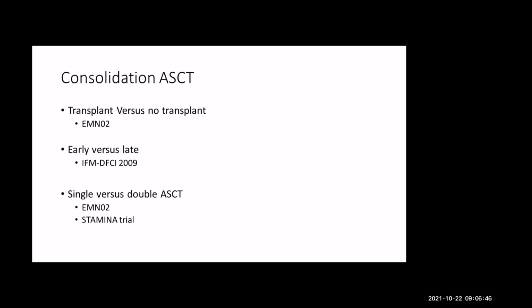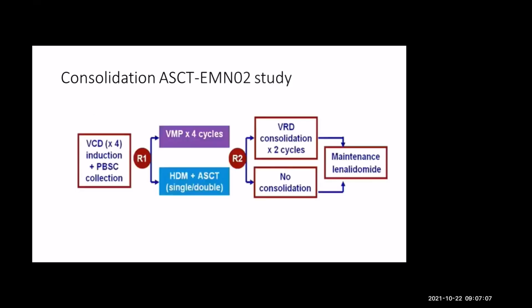So transplant is an important consolidation strategy for eligible patients, and there are some studies which were done to see whether transplant can be avoided given the active induction regimens we have. Some studies looked at early versus delayed transplant, whether we can defer the transplant, and some studies also looked at whether we need to do double transplant, which was the historical standard of care. So we'll see first